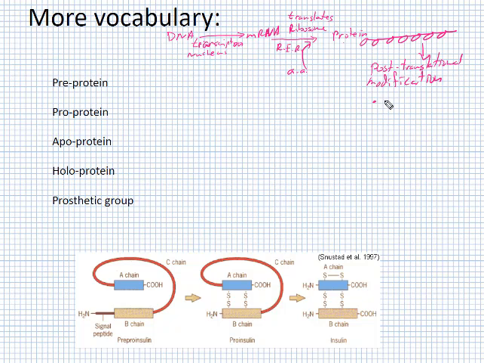And there's a number of things that we can do. We could add carbohydrate, right? So we could get a glycoprotein. We talked about the role of carbohydrates decorating the surface of proteins, glycoprotein. You could add lipid. You get a lipoprotein. Could add something called a prosthetic group. Talk about what that is in a moment. And we could also have what we call a proteolytic